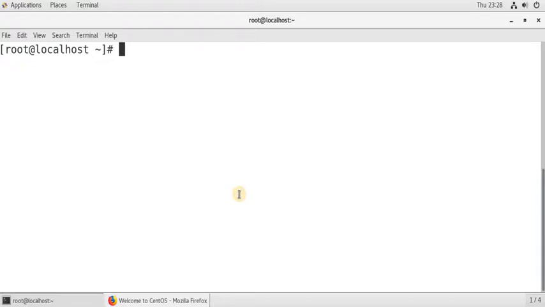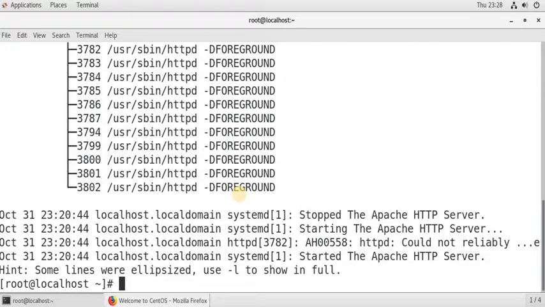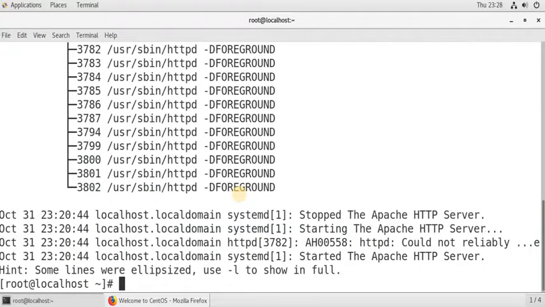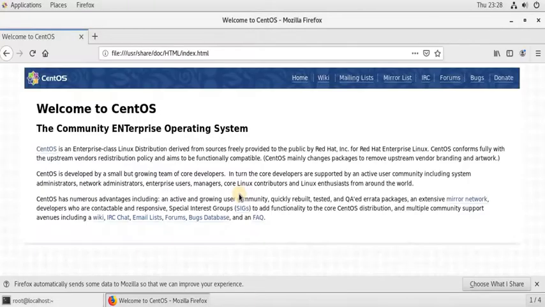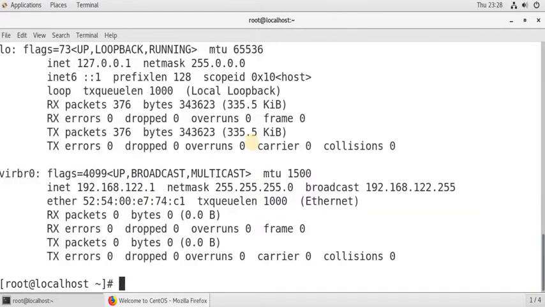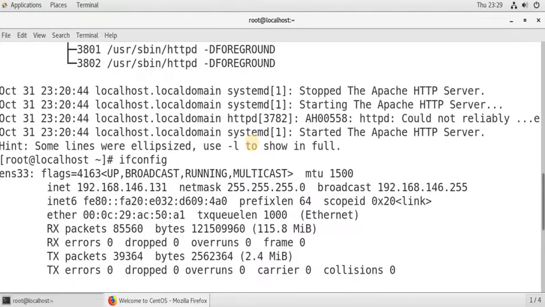Let me see the status of the httpd server. So it is active. Let me see what the IP is. The IP is 192.168.146.131,